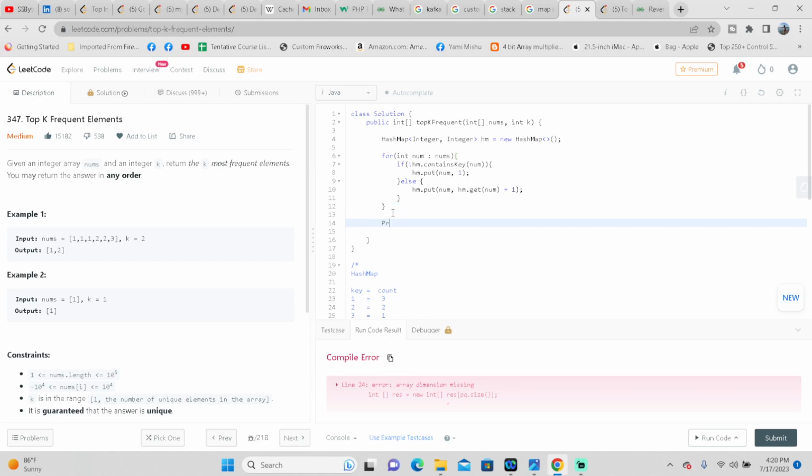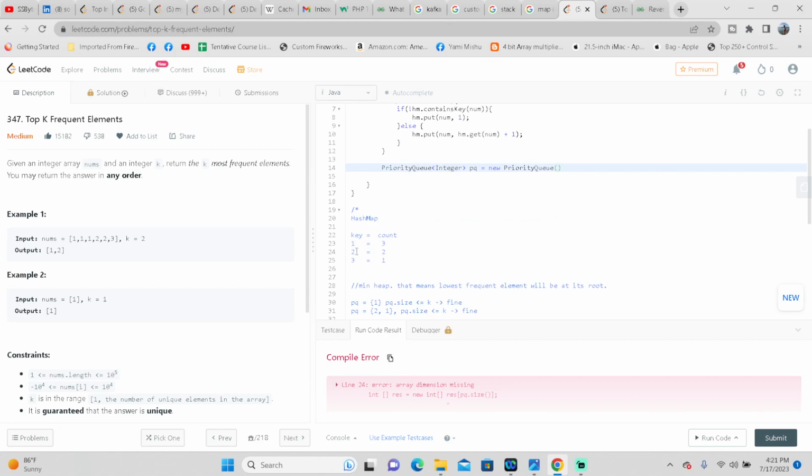Now what I have to do is create a priority queue. It will be holding integer type, name it as pq, and then new PriorityQueue. So how do we want to store the elements in the priority queue? We want to store the elements based on the count of the element. Whatever element has the least count will be at the root position of the priority queue. So we will have to pass a custom